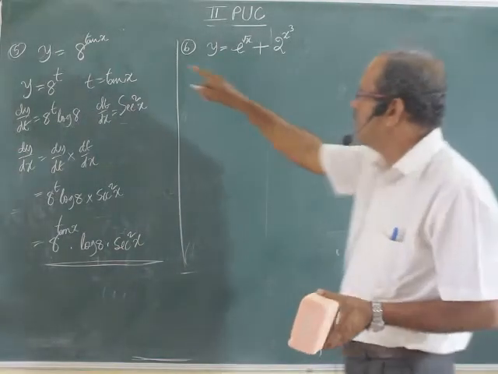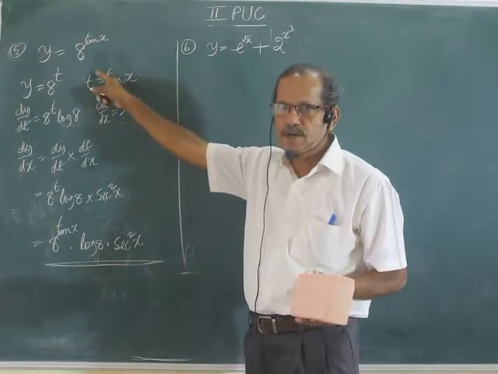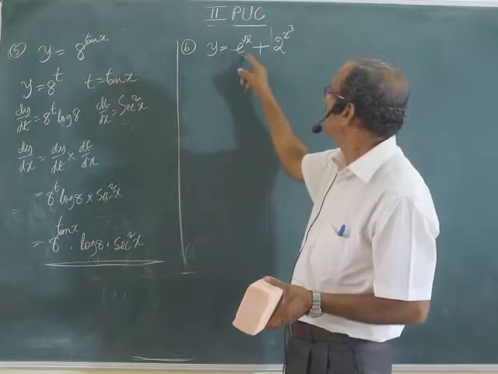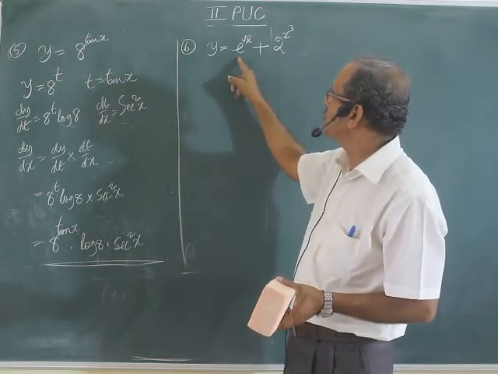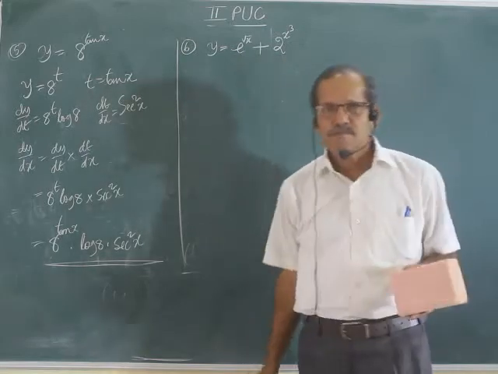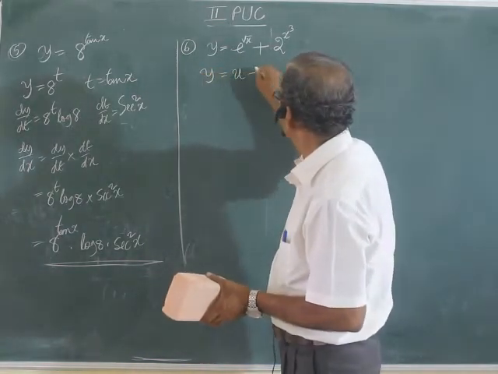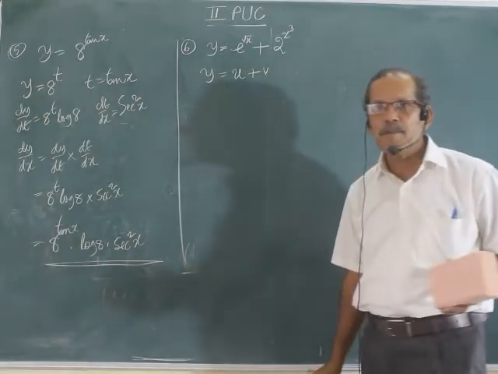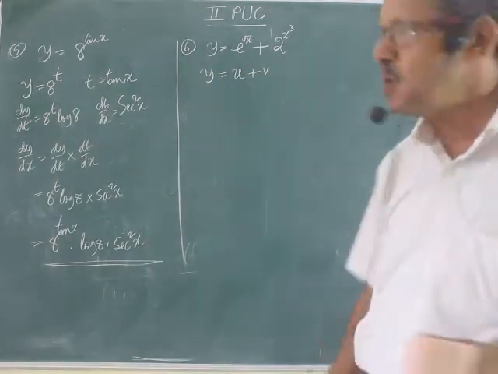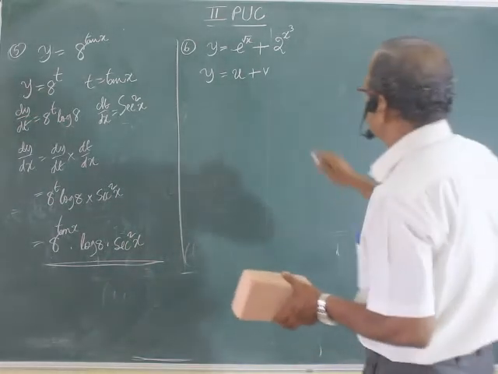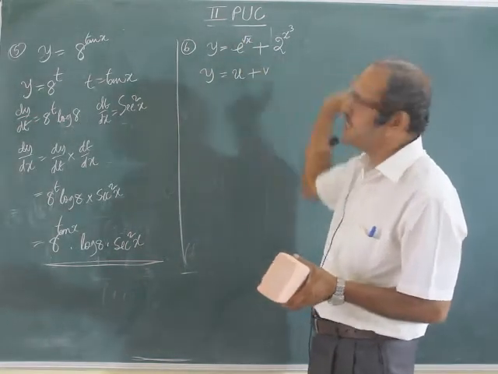Actually, same thing. Fourth and fifth formulas are problems. I have combined two problems, first one fourth type, fifth type. Anyway, what you have to do is, first let me write full steps. It is actually sum of two functions, see. U plus V. U is the e to the power root x, V is this.